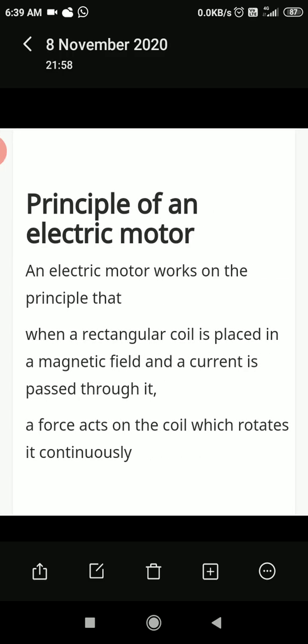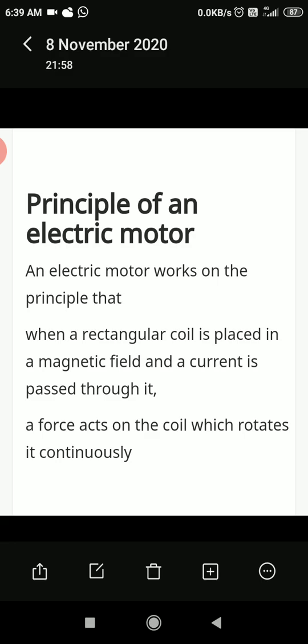So when a rectangular coil is placed in the magnetic field and current is passed through it, a force acts on the coil which rotates it continuously. Because of this continuous motion, whatever work we want to do with the electric motor, we can do.